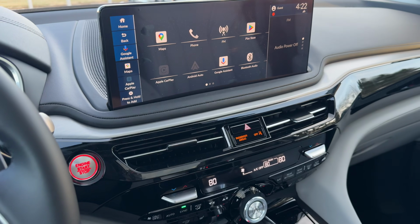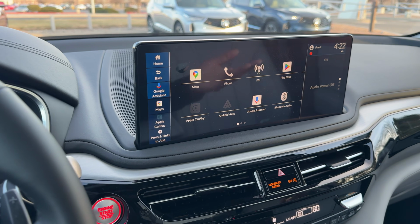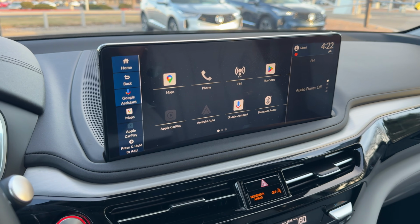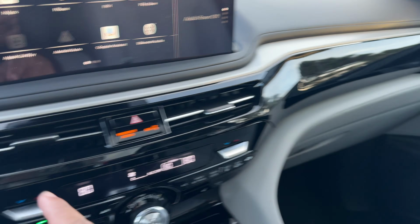A lot of people were complaining about the touchpad, how they wanted a touchscreen. So now you have this. To be honest, I'm used to the touchpad, so either or is fine. But I'm sure some people will be happy that you can finally get a touchscreen display. Down below this display, you do have a piano black going across the whole dash, the air vents, around the